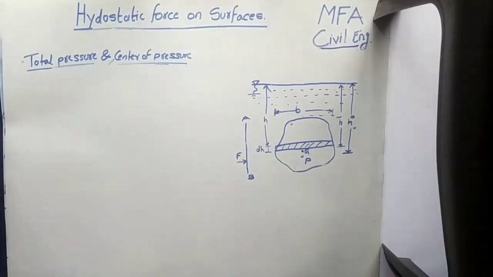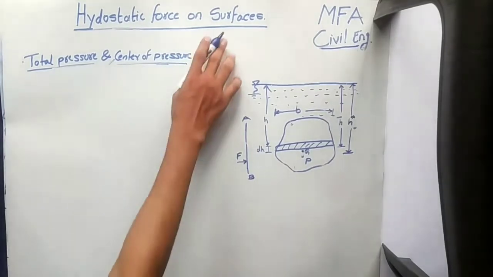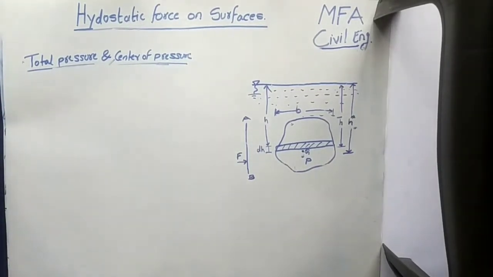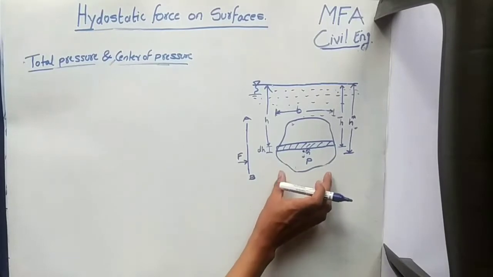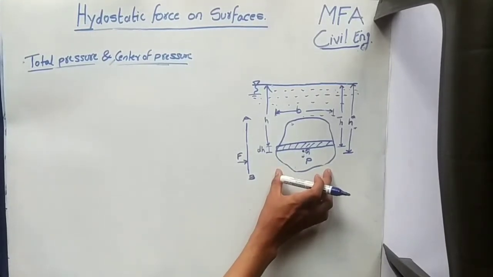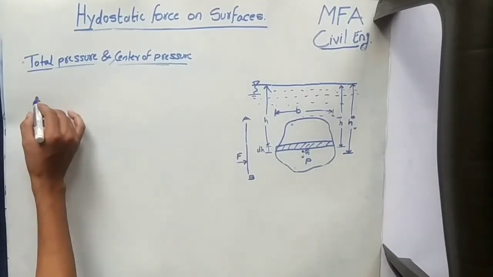Basically, in this video we are going to learn about the different forces acting on different surfaces by the fluid element when the fluid is in contact with the surface and the fluid is in a stationary condition. When any substance or surface is available inside the fluid and the fluid is stationary, then there are two major forces which act on this fluid element or the substance.